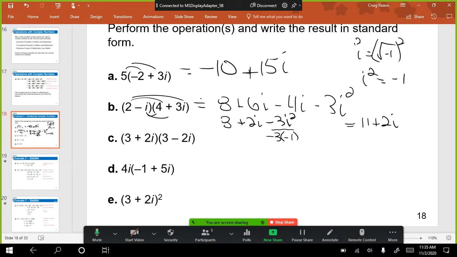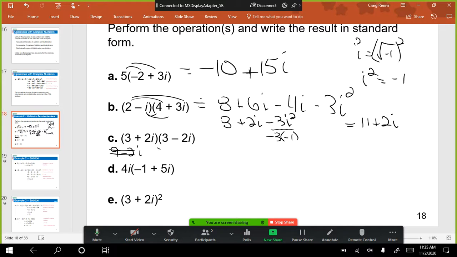So let's look at this one now. Notice this one, 3 plus 2i, 3 minus 2i. All right, if you remember from factoring, that's the opposite of a difference of squares. When the terms are the same, except one's a plus, one's a minus, notice what happens. That's going to become 9 minus 2i. And then when I do that, that's going to be plus, I'm sorry,